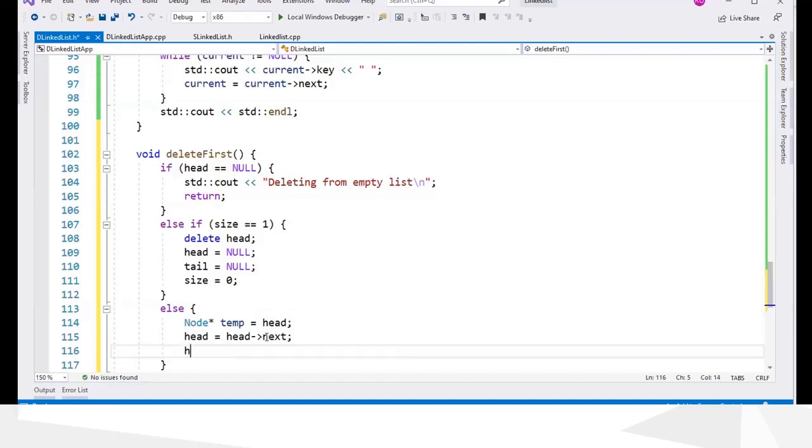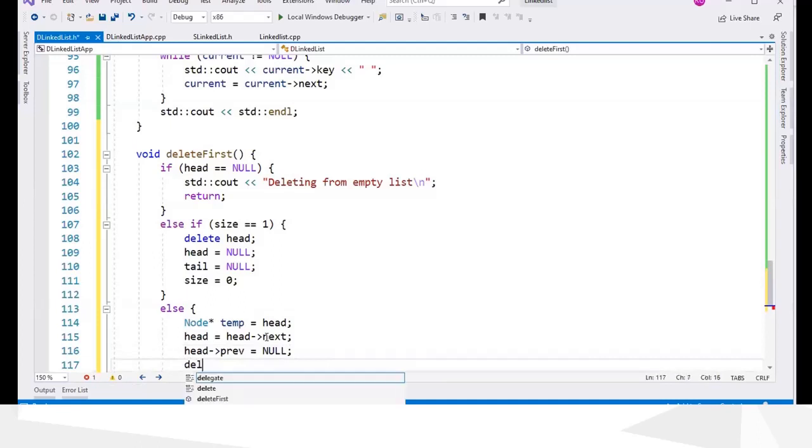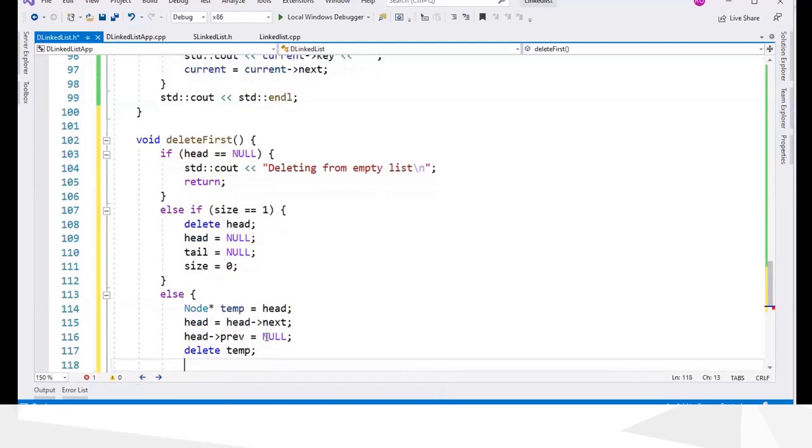So now head is the second node. So second node previous will make it null. And now delete head and size reduce by 1.